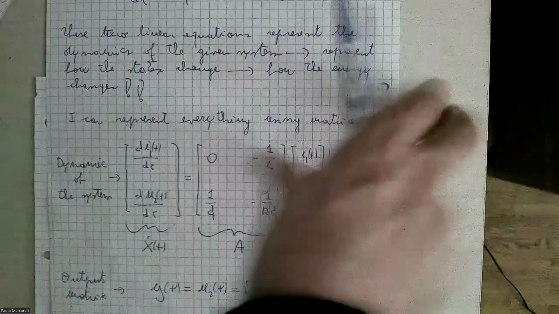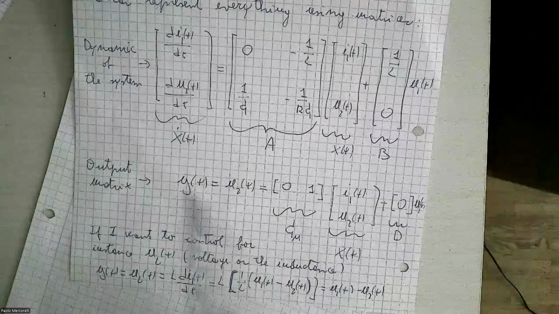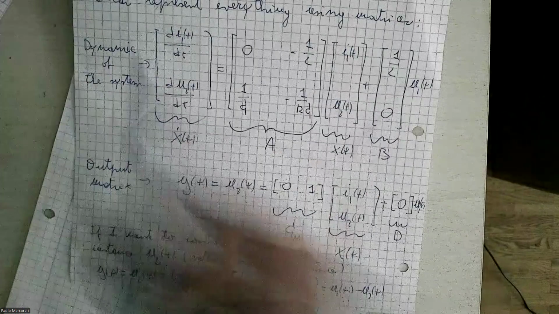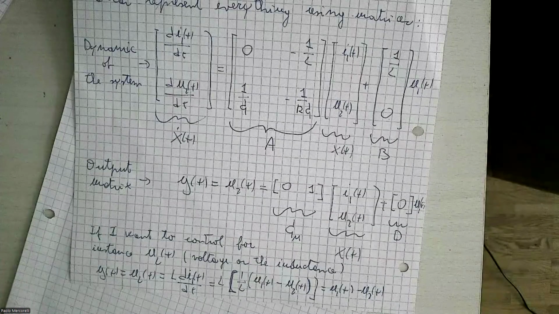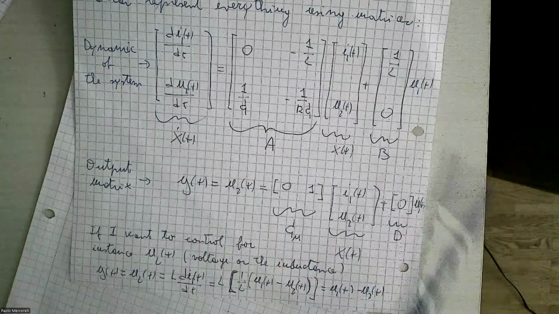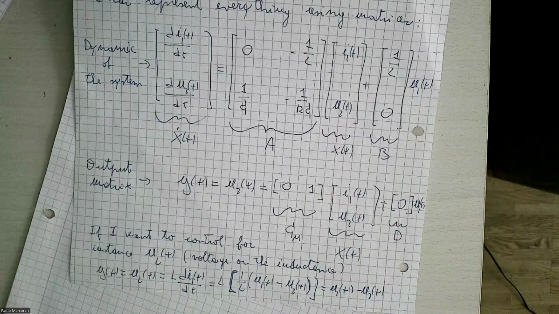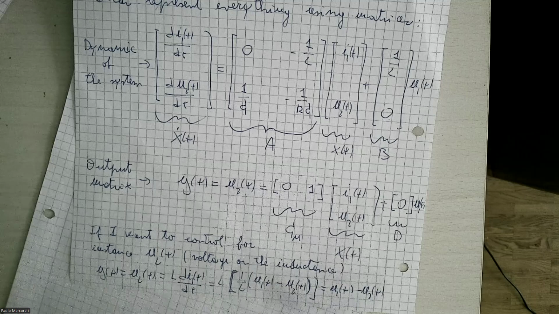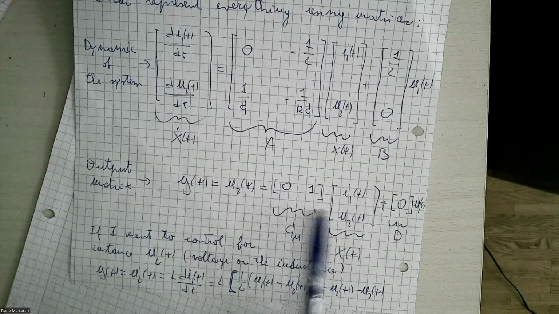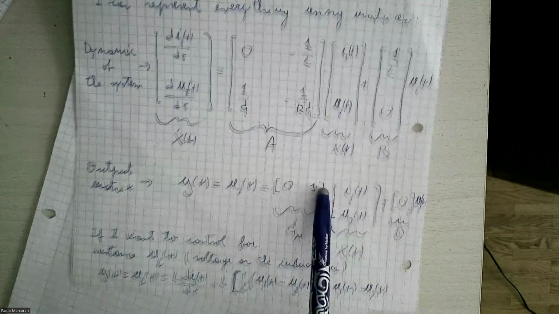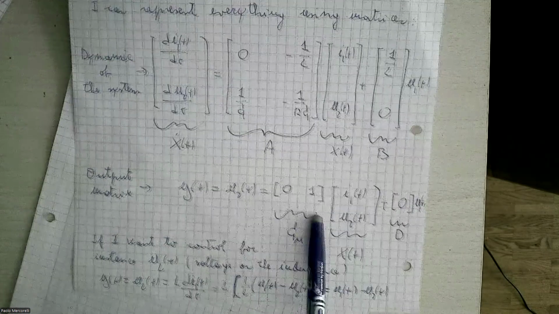Let me show you what I've done again. Through the model, the system is more characterized by the dynamical equations, because the dynamical equations don't change. The output depends on what I want to control or to monitor. Of course, I can control and monitor both. If I want to control both, of course, we have a matrix CM, which is, please pay attention, 0, 1 first line, 0, -1 second line,